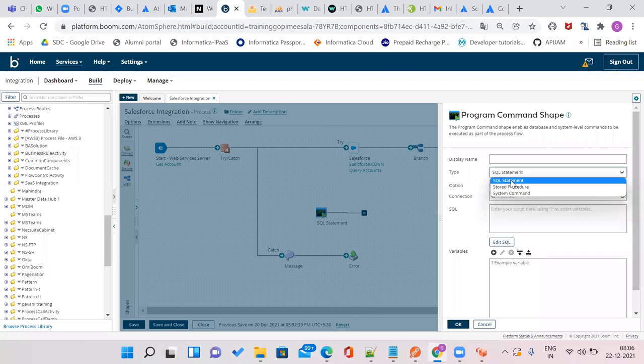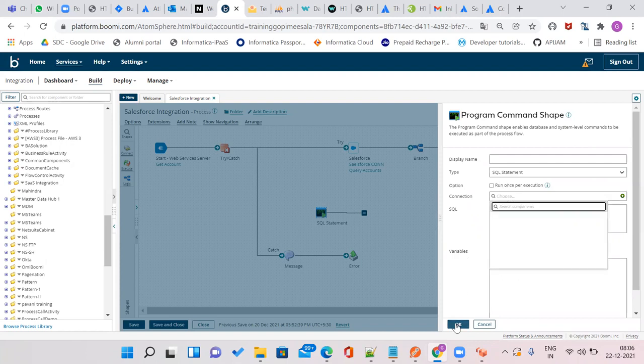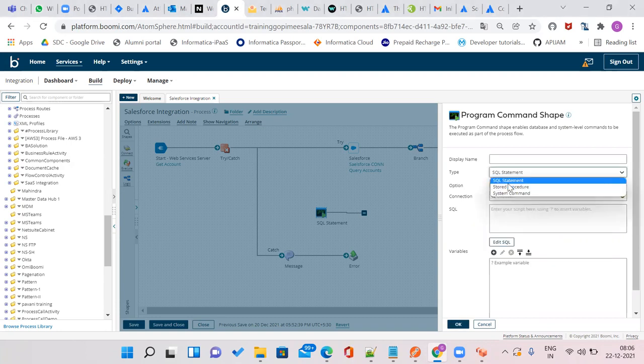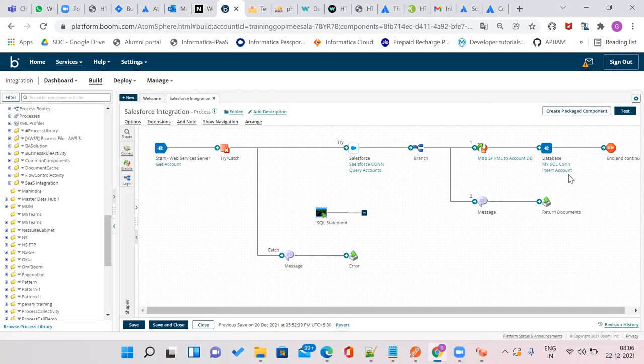Generally, we have database connections. We have a DB connector. Using the DB connector, we have to write SQL statements as well as stored procedures, both. We have already done the Salesforce to database integration with them. Suppose you go to this insert account,